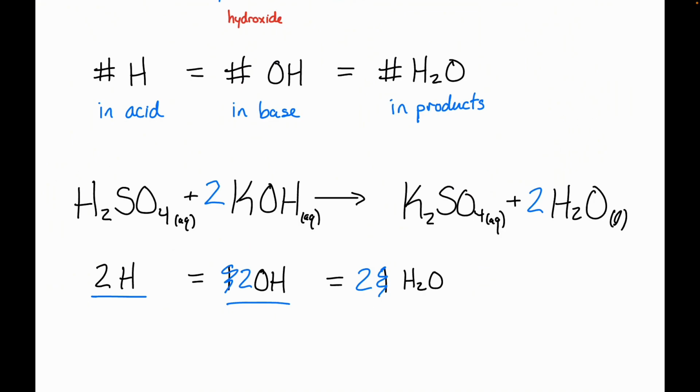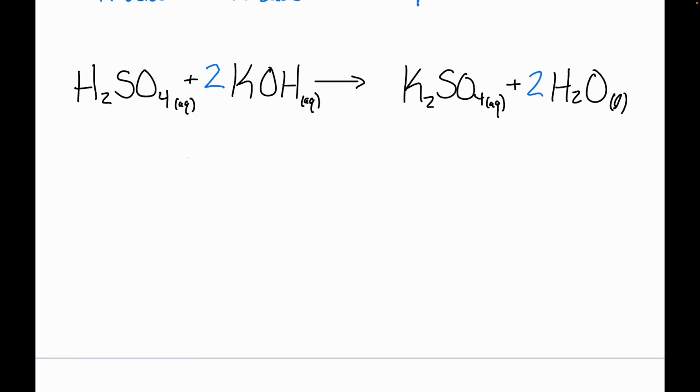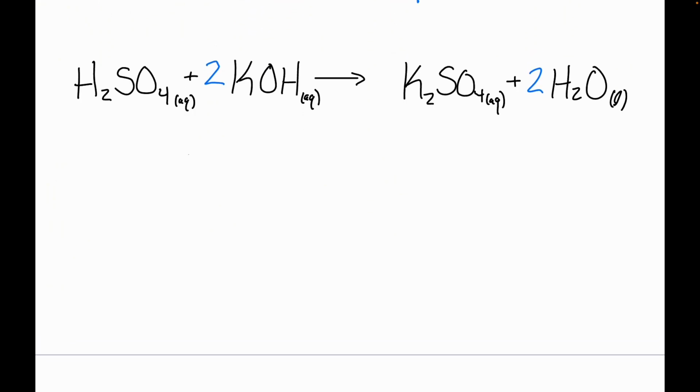If I just want to be careful here and make sure that everything else is balanced, I see I have the same number of sulfurs on both sides and the same number of potassiums. I can convince myself hydrogens and oxygens are also the same, right? So this thing as is balanced here. Okay, so let's remind ourselves of our stoichiometry, as well as me, I guess, because it's early Monday morning here,